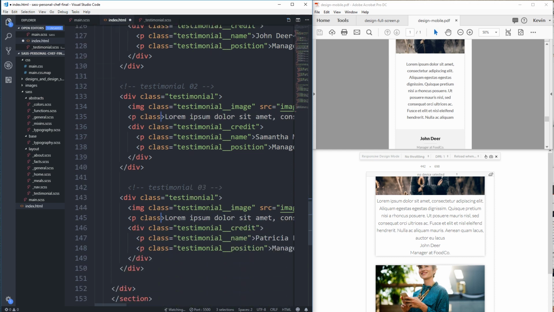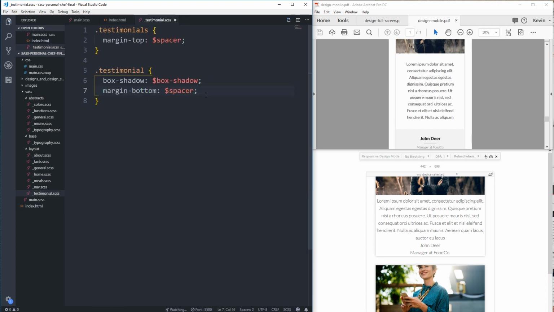We'll do class equals testimonial body, I guess. It's the body text. So we can come inside of our testimonial and do body. Now these testimonials, if this was a bigger site where you might be making things that look like this